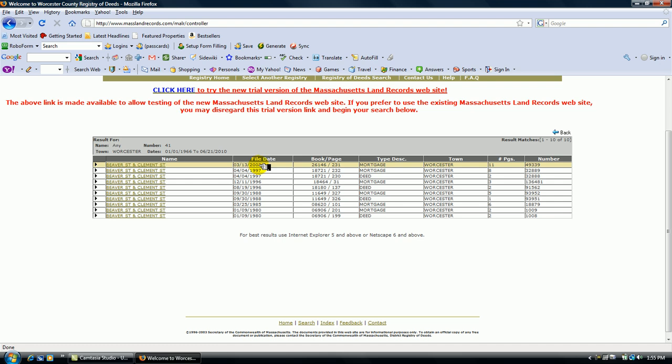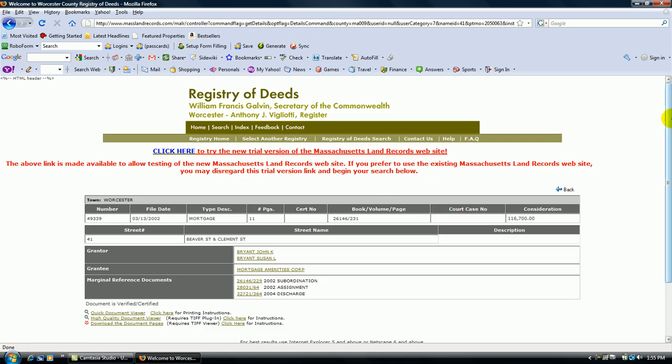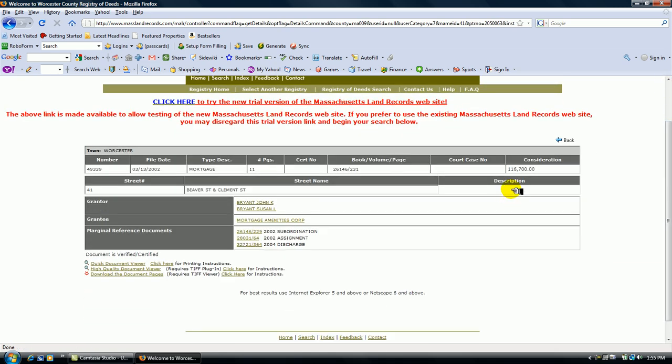The file date is March 13th of 2002, and I'm going to get an idea of what's been going on with the property as far as how much is owed on it. Okay, so I know here that this property